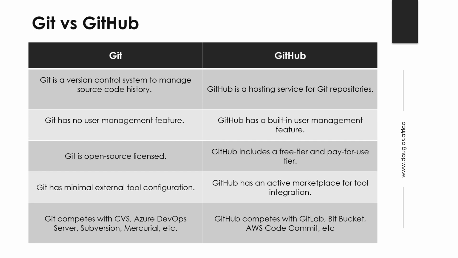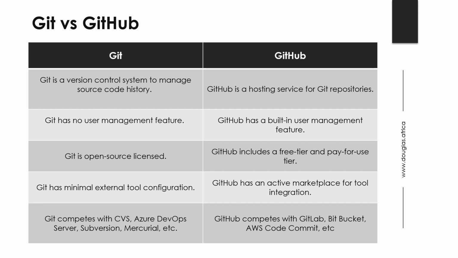Thing to note is that Git is a version control system to manage source code history, while GitHub is a hosting service for Git repositories. We'll look at what repositories are later as we keep on learning. And with Git, there is no user management feature. You just work with it as a tool locally from your computer. If you're working with GitHub, you actually need to have an account to be able to work with it. It comes with a built-in user management feature. Git is open source, just like we said, and freely available, but GitHub includes a free tier. Then there's also a paid